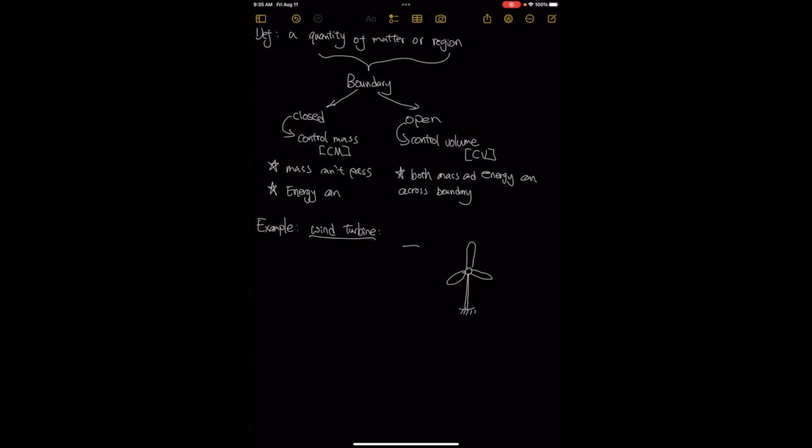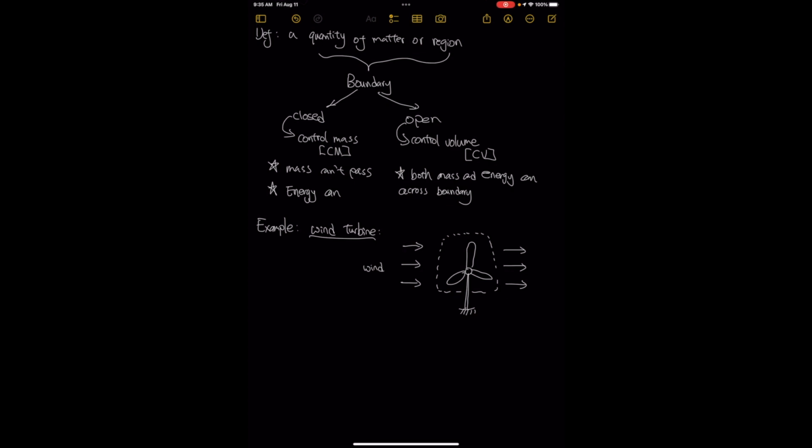So essentially, a wind turbine would convert kinetic energy to mechanical energy, right? And when you draw a boundary, you can draw it differently. Typically, you can draw any shape at any size. So let's say I'm just drawing a random line here, and to include both air and the turbine inside this